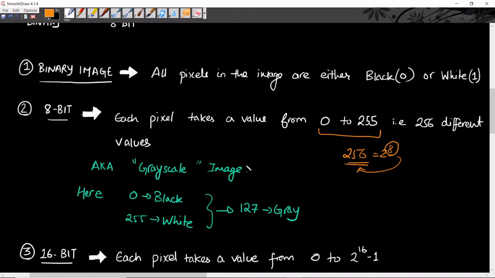So every pixel can take 256 different values. This is also known as a grayscale image, where 0 corresponds to black, 255 corresponds to white, and gray is the median color of these two, so the median is 127. That's a gray color.